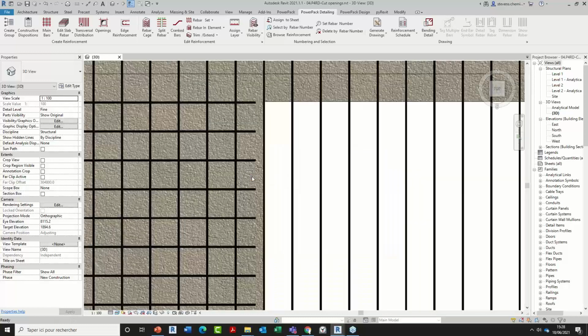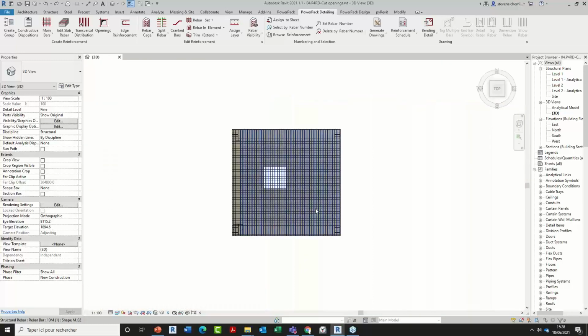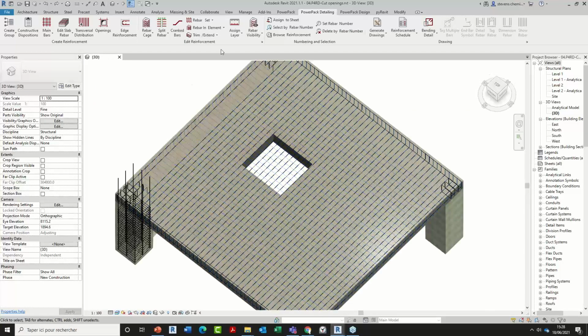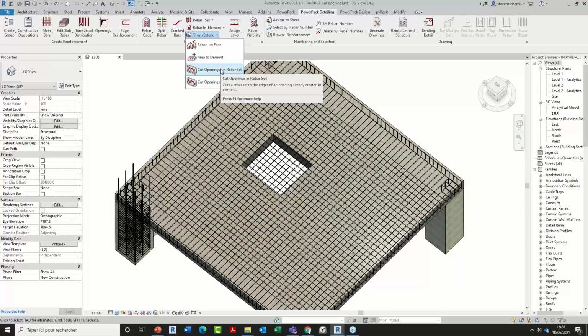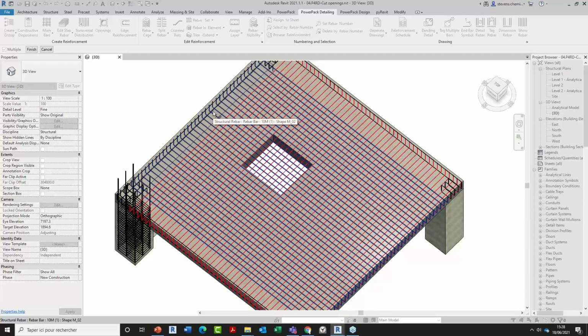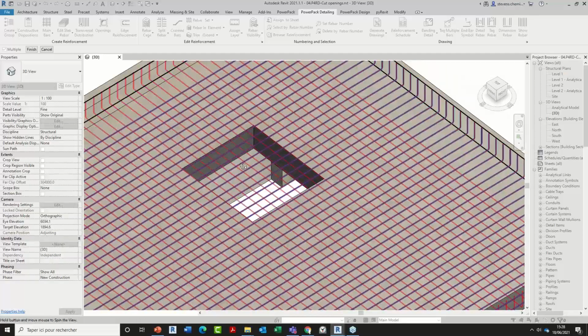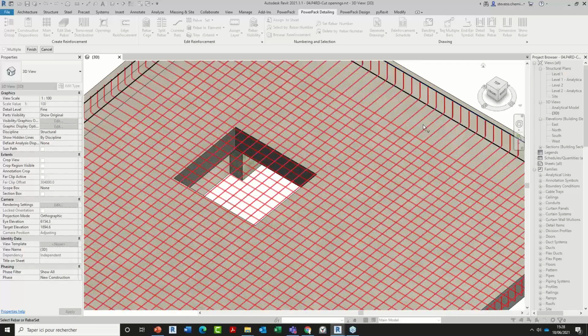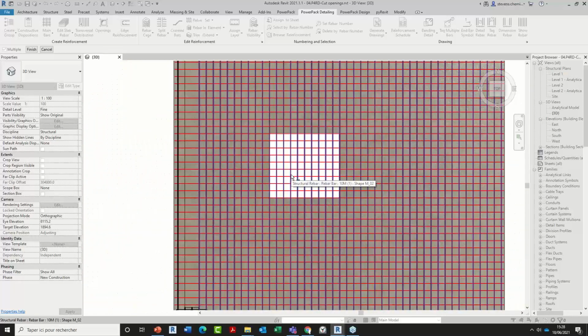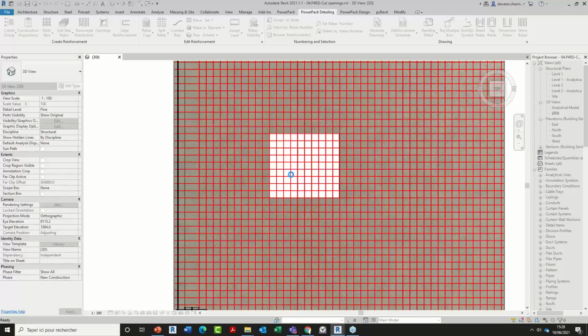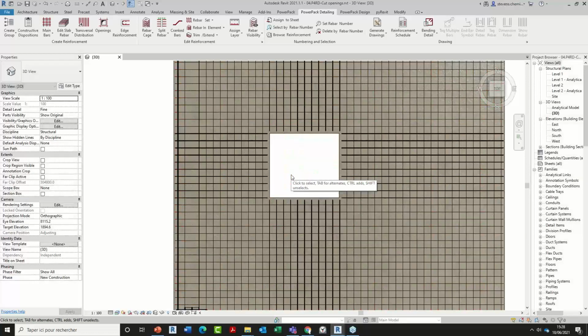Voluntarily I select only one single rebar set, because as I mentioned during my general presentation, these tools can now work by selecting multiple rebar sets in one single operation. So in this case, I select the two rebar sets in my project in one single operation and launch the command to cut openings inside those two rebar sets, taking into account this offset value that I have defined, which is also new in this version.